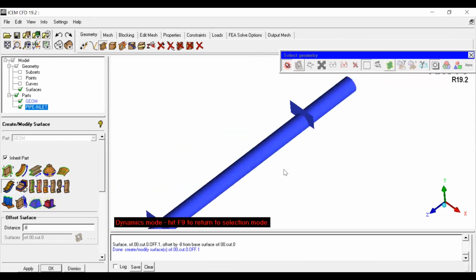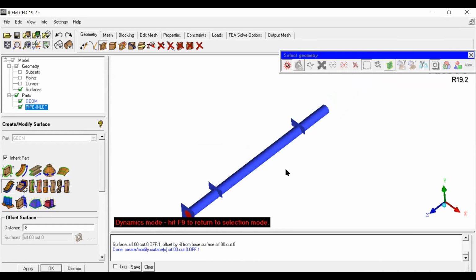useful command when you want to analyze the compact heat exchangers, because the compact heat exchanger, the same profile will be repeated at a prescribed distance. Let's say it has some 100 fins. So 100 fins are arranged at a distance 1 unit or 1 mm. Now, you need to create one profile and use the offset command to generate the bulk. So this is also very much useful offset command.